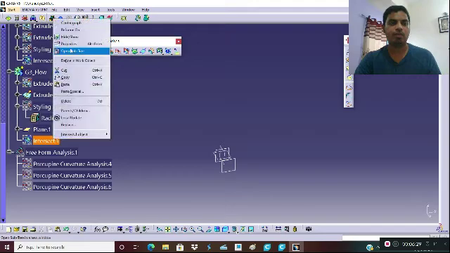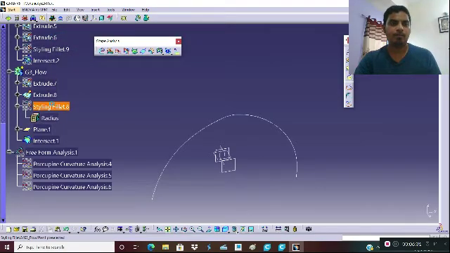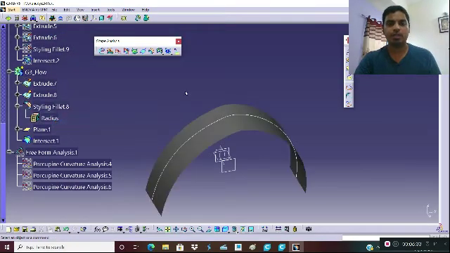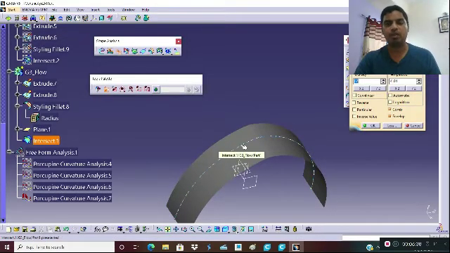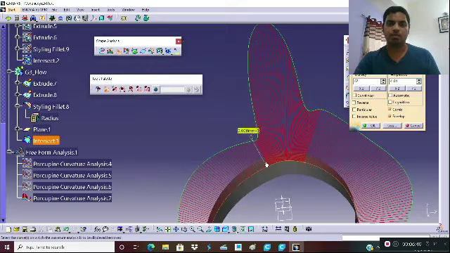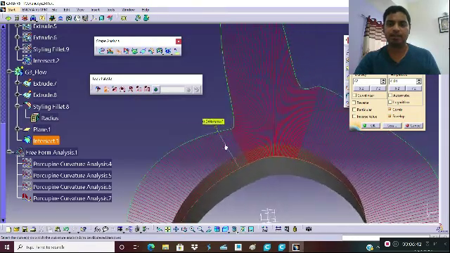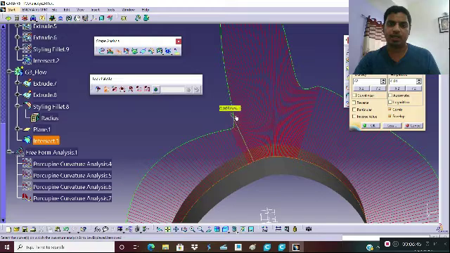Okay, and I will just hide this analysis, and I will hide this curvature line and styling fillet, and I will show the corresponding sketches and surfaces, and I will do Porcupine curvature analysis on this surface. In this case, you can see that this green color line is smoothly connected to this green color envelope line. That means they are connected by means of tangency as well as curvature continuity. So this is a G3 continuity example.